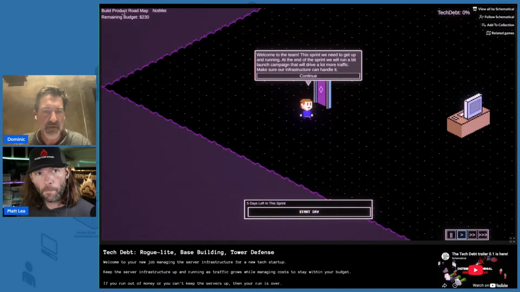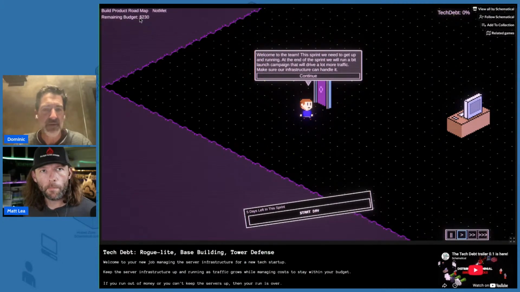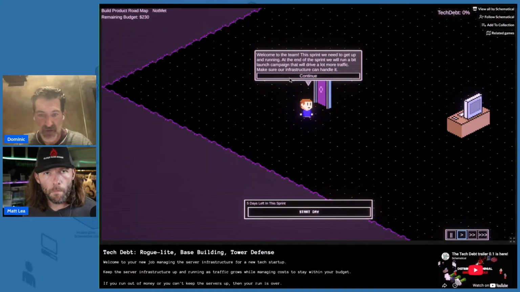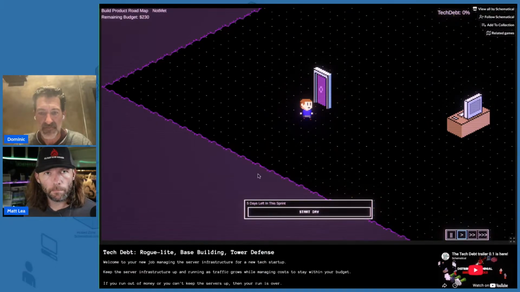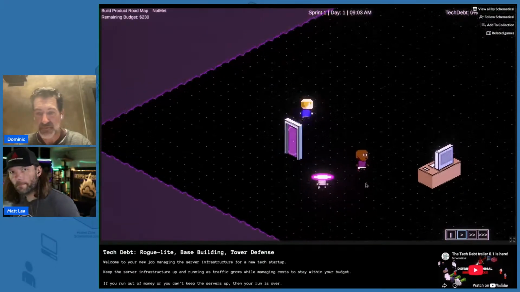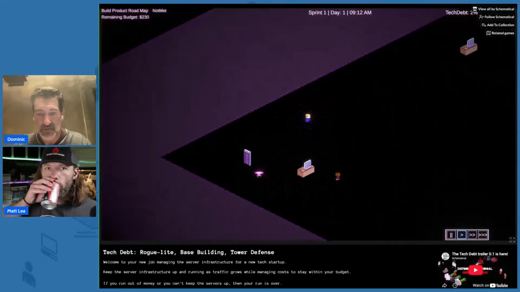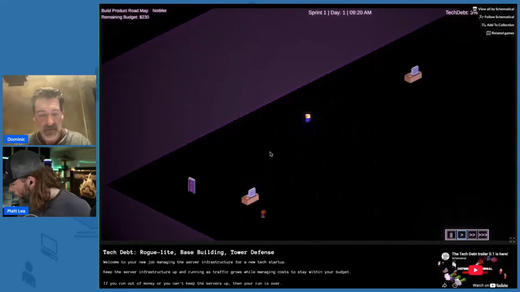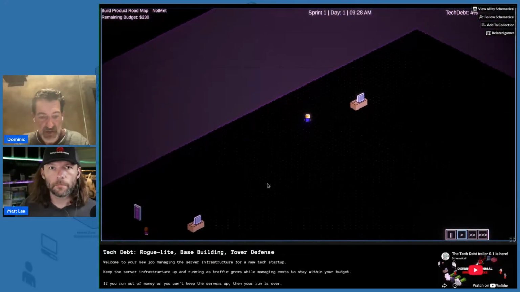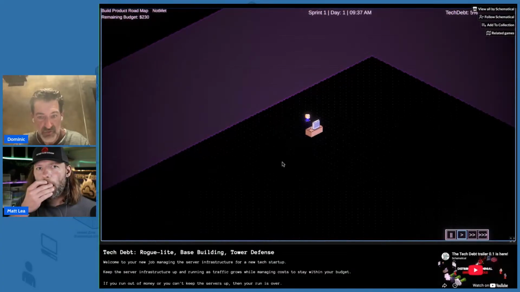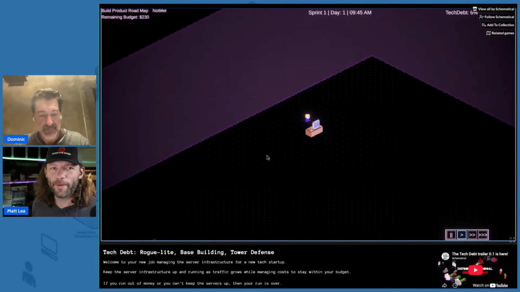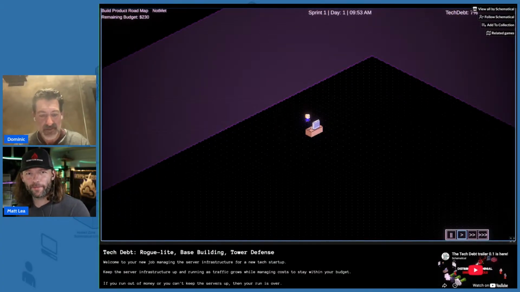Something worth noting, the product roadmap. So this is the criteria. We must get the product roadmap done within 5 days of the sprint, and I can't spend more than $230. Correct? Right. Yep. Okay, let's start the day. Let's spawn out. Okay, I can zoom in and zoom out. Okay, can I shift drag, command drag, control drag? Right click. Yeah, you're going to be doomed because the right click is required. I mean, arrows, I think arrows will work.